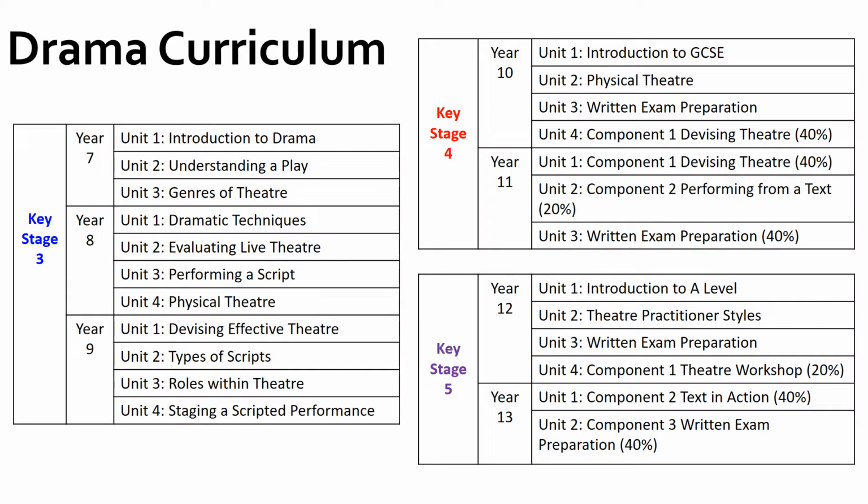Okay, in terms of the curriculum, we have a really broad and wide curriculum that covers all the key skills and areas that students need in order to be successful at Key Stage 3, but also A-level and further education. We also recognise that not all Key Stage 3 students will pick GCSE drama, and so we make sure that our curriculum builds personal and social skills in order for them to be the best person that they can be, and have the confidence to take transferable skills that they might not necessarily use within theatre, but in everyday life, such as confidence, teamwork skills, empathy,